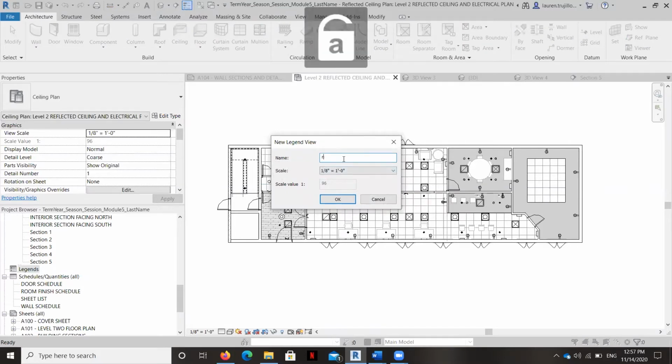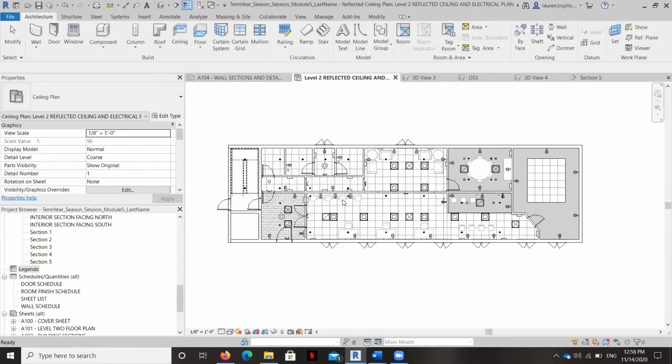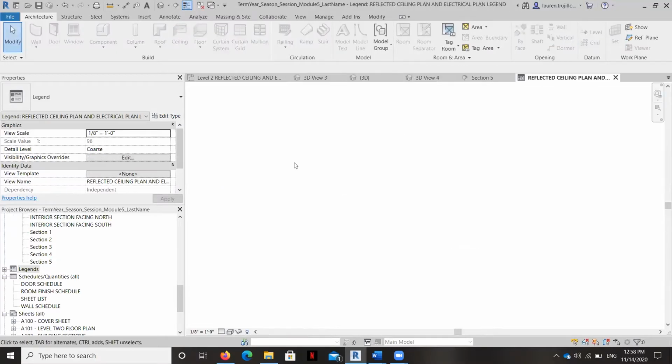So we're going to call this reflected ceiling plan and electrical plan legend. And I'm going to keep it at 1/8 inch scale because the plan on our sheet is also at 1/8 inch scale. And I'm going to hit OK, and voila, nothing happens.